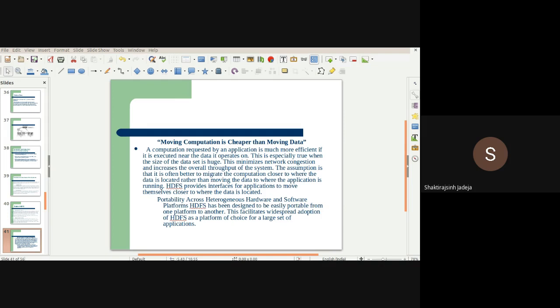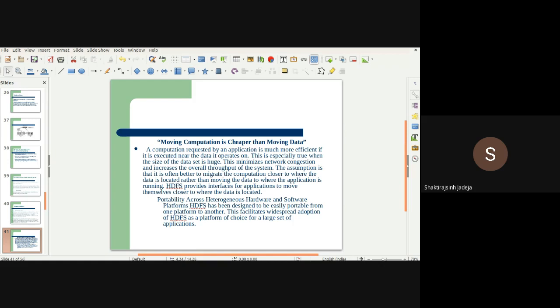Yes, let's get back to the topic now. We were discussing network congestion minimization and increasing of the throughput. The assumption is that it is often better to migrate computation closer to where the data is located rather than moving the data to where the application is running, right?